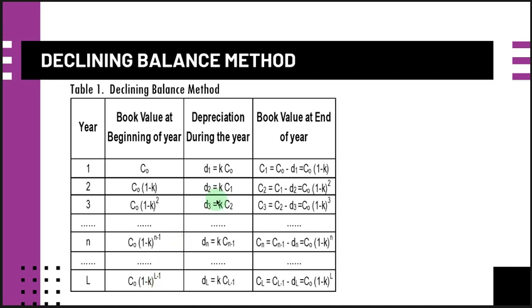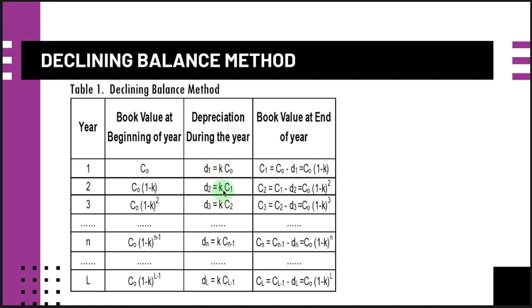And then for the third column, we have the depreciation during the year. Our annual depreciation during year 1, small d1, is just equal to k times C0. And for year 2, denoted by d sub 2, is equal to k times C1. If you can observe, the last annual depreciation dL is just equal to k times C sub L minus 1. So after getting the annual depreciation for the first year, equal to k times C0,